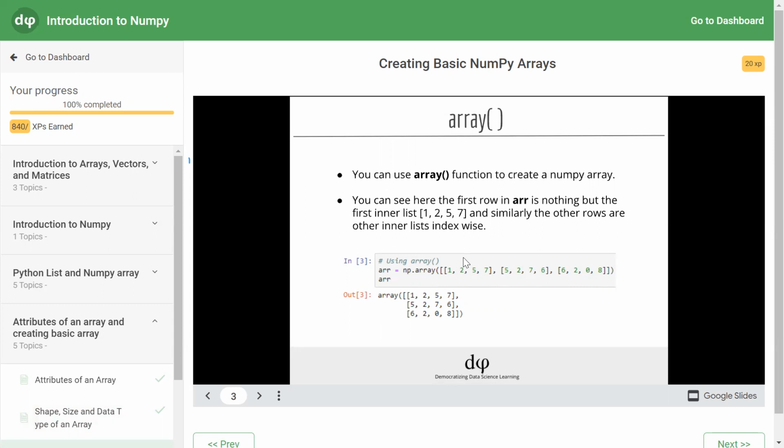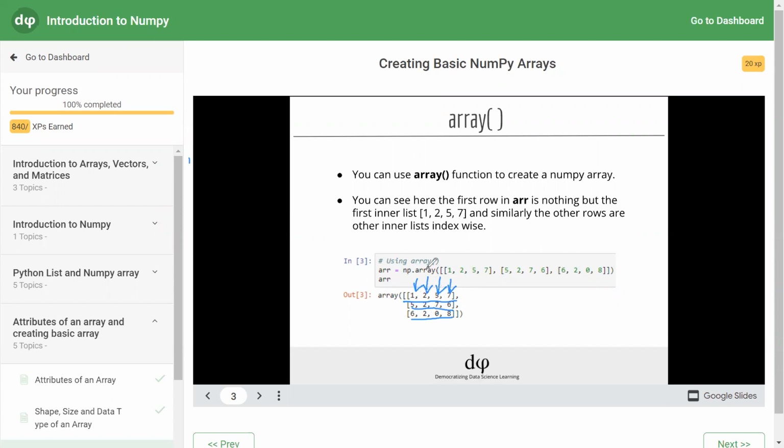And the elements inside the sublist will act as the number of columns. So how many elements are there? 1, 2, 3, 4. So the number of columns is 4. So here we are creating a two-dimensional array using the numpy array function having 3 rows and 4 columns. Rows are laid out horizontally containing elements 1 to 57, 5 to 76, 6 to 08, and columns are laid out vertically: 156, 222, 570, and 768.